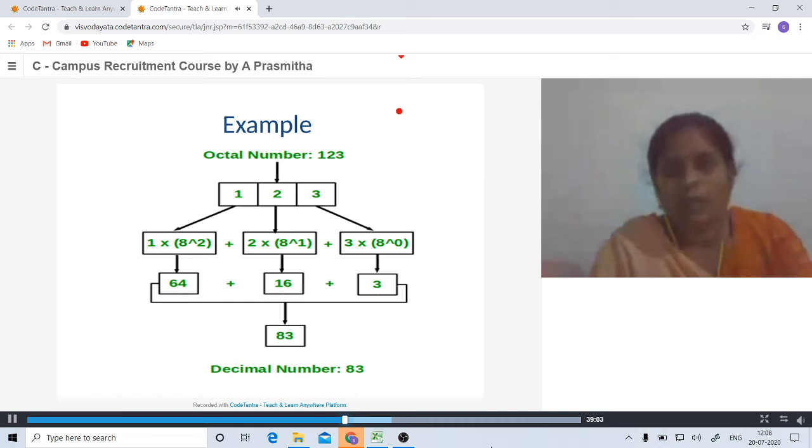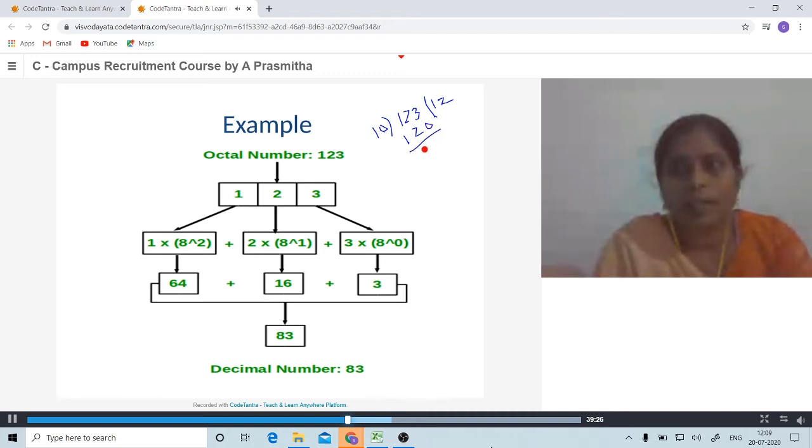If you are dividing 123 with 10, it will run for 12 times, and you will get 120, and the remainder is 3.